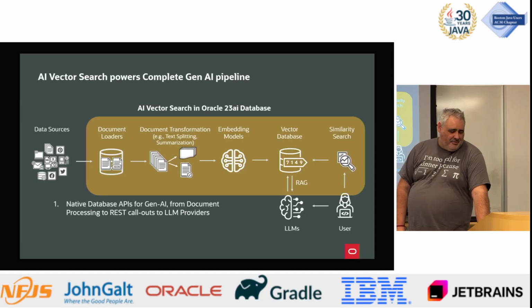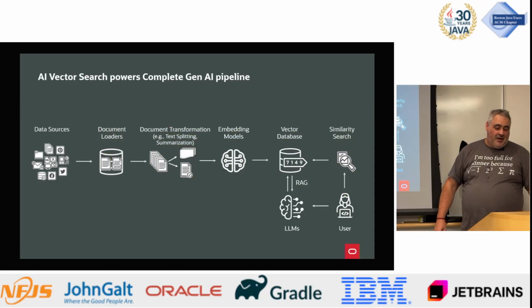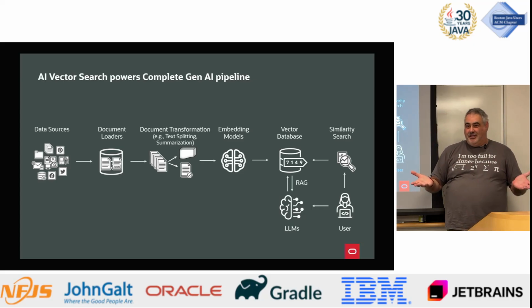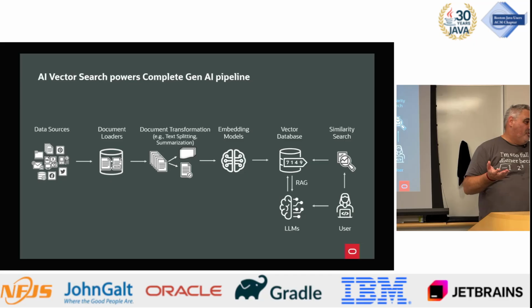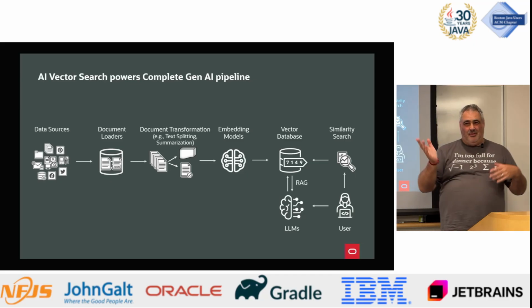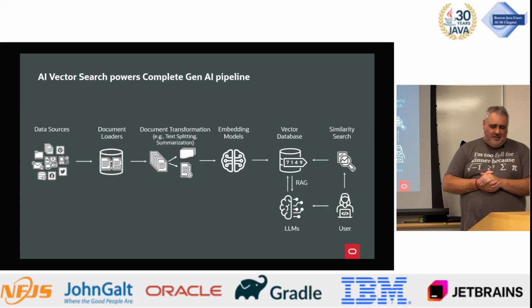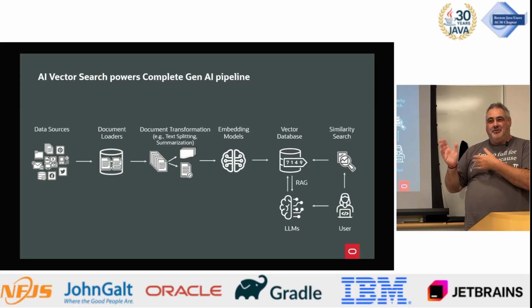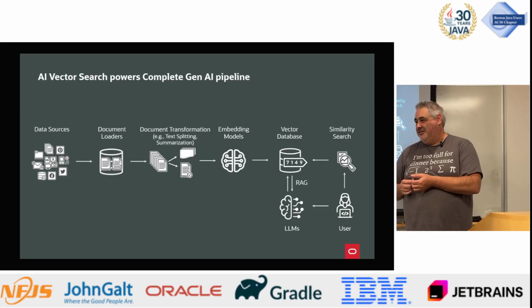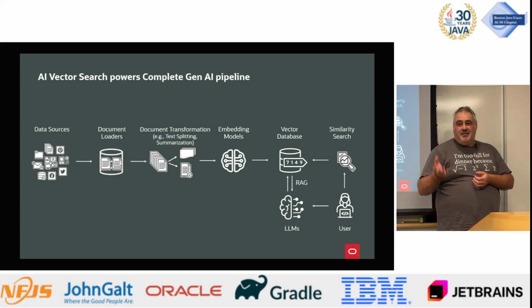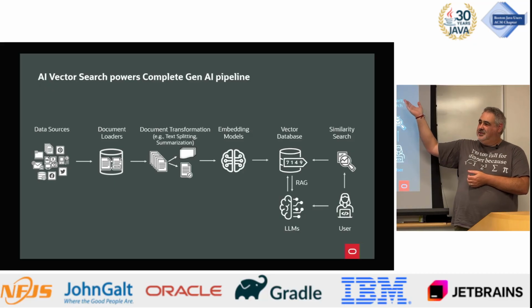So this is kind of the pipeline. You start with your data, what we call the corpus. You go through these document loaders, which know how to read documents and understand what is a heading, what is a page, a footer, a table, a list, all that kind of stuff. Then you transform them, you do the splitting. Typically there's some other stuff that goes on too, like we get rid of what I call stop words and punctuation that doesn't really make any difference. Then you feed it into the embedding model. It creates the vectors, you put them in your vector database.